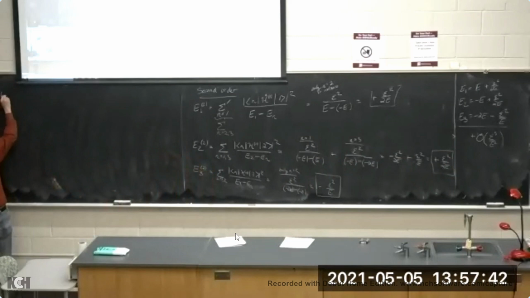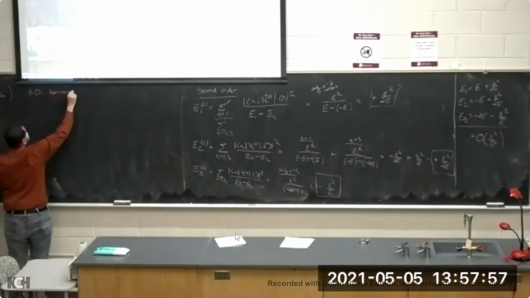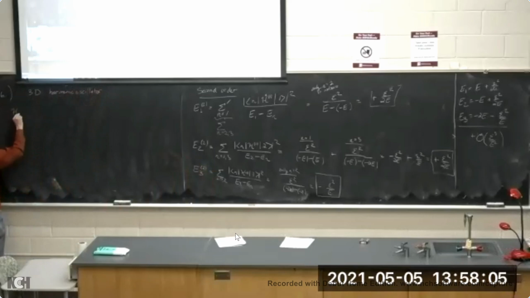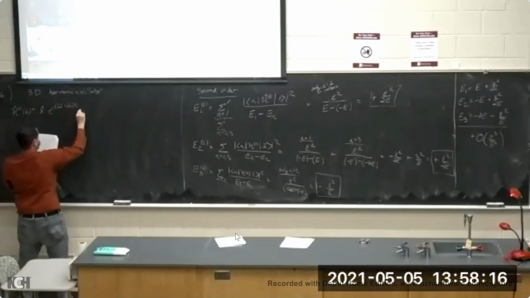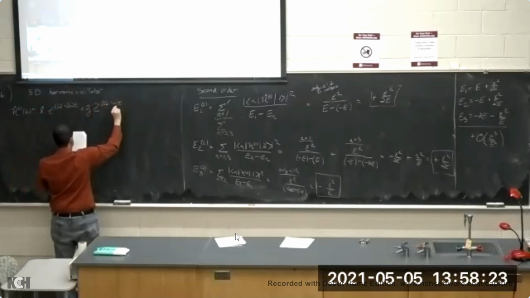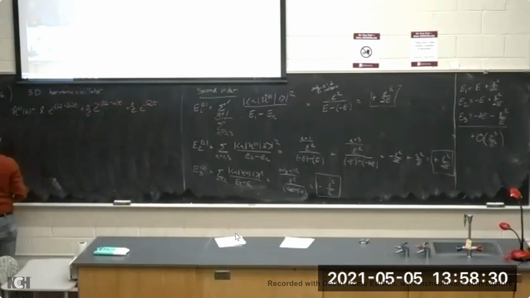For problem 16, a particle in a three-dimensional isotropic harmonic oscillator potential of frequency omega is perturbed by electromagnetic waves of different frequencies moving in different directions. So you have a 3D harmonic oscillator. If the combined effect from the interference pattern is the time-dependent Hamiltonian H1 of t equal to the x operator, e to the i (Omega plus 2 little omega) t, plus the y operator, e to the minus i (Omega minus little omega) times time, plus the z operator, e to the i Omega times time, with Omega an arbitrary frequency, then find the transition rates